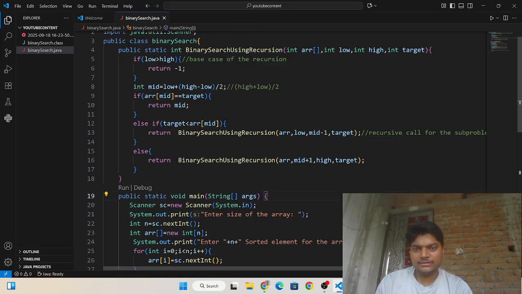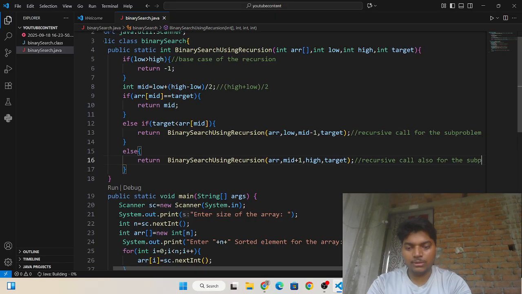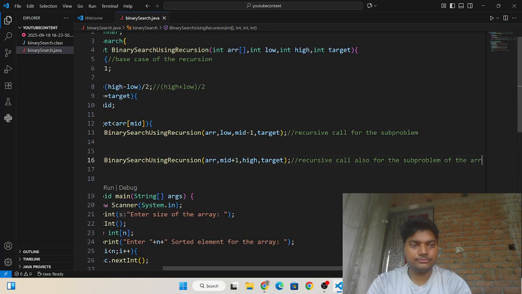And this is the recursive call, also for the subproblem of the array.